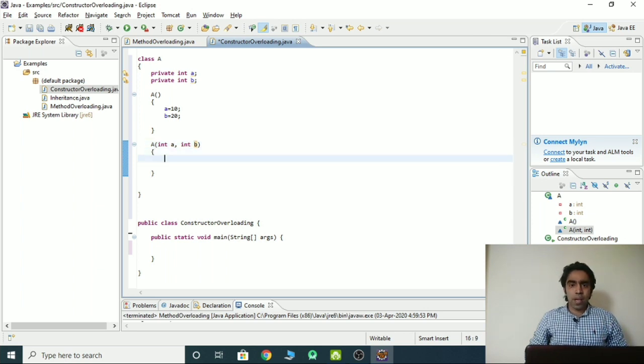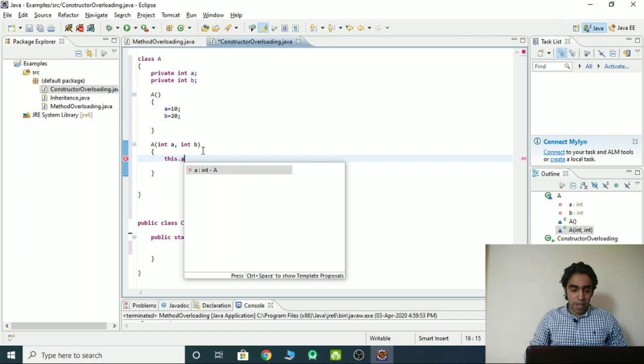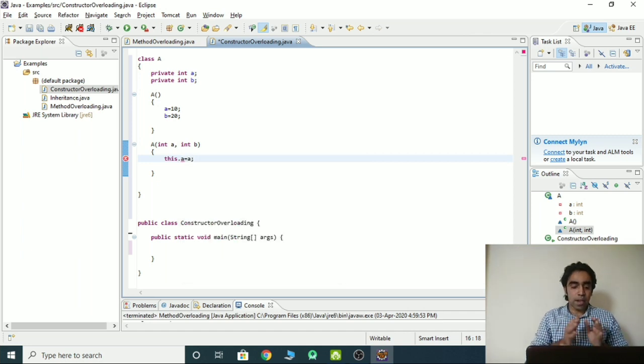Here we have two concepts. First of all, I have created two variables a and b, which are instance variables of the class, and I have created same-name variables as local variables a and b. Now there is a little bit of a concept here. When we create like this, we have to use the keyword this dot a equal to a.